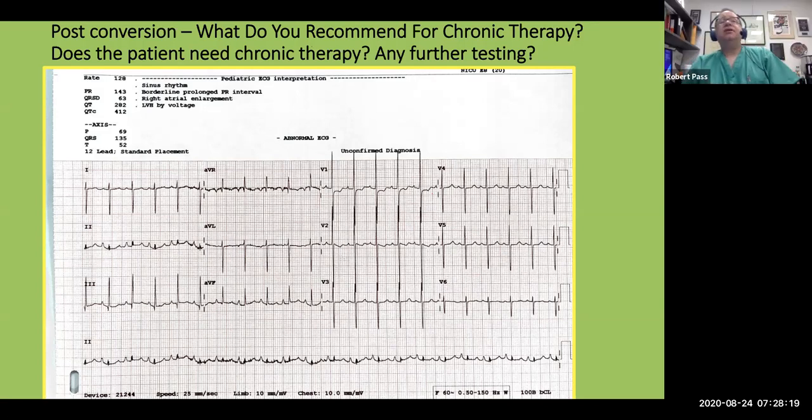And that is a question that comes up surprisingly often, by NICUs and emergency departments. If somebody had SVT, that means they have a mechanism for SVT. Because you're in sinus rhythm doesn't mean it's gone away. And so the only time that we generally don't treat people, at least I don't, is when a person is a very premature infant and is in the NICU and is going to be monitored for a few weeks or